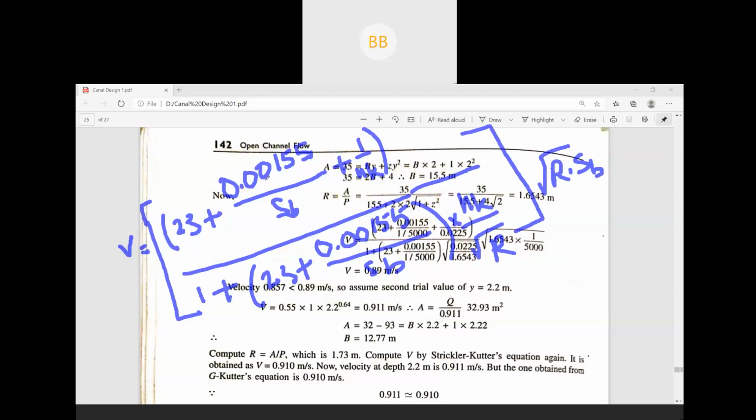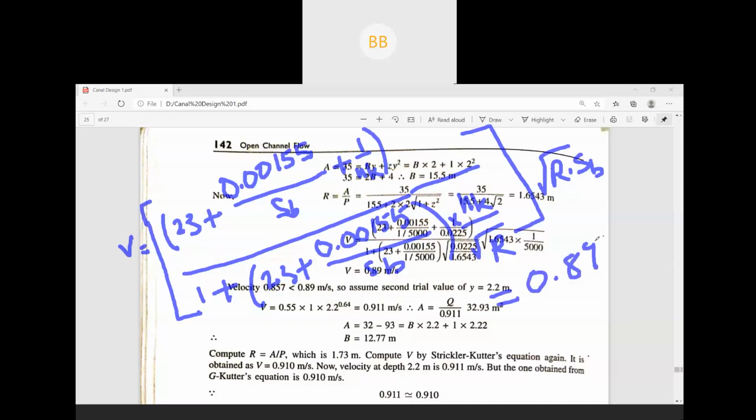23 plus 0.00155 divided by bed slope plus 1 by nk. Nk is nothing but your Kutter's coefficient, divided by 1 plus, again in brackets, 23 plus 0.00155 divided by bed slope, and then the whole multiplied by nk divided by root r. And the whole term is again multiplied by root over r into bed slope. So this is the equation for finding velocity. You use this equation and again find out the velocity and see how much you got. It will be approximately 0.89